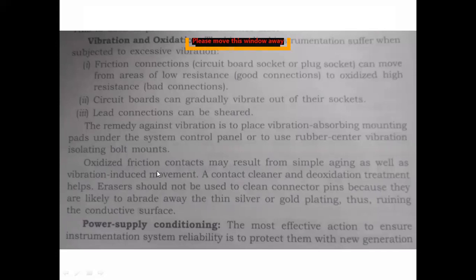Some unwanted contacts will also form, and those will be removed by contact cleaner or deoxidant cleaners. You can observe that in AC maintenance, they use different types of foams. Like that, we can also have oxidation cleaning liquids, and by using those we can clean the oxidation which has occurred on the PCBs. Then it will work properly.